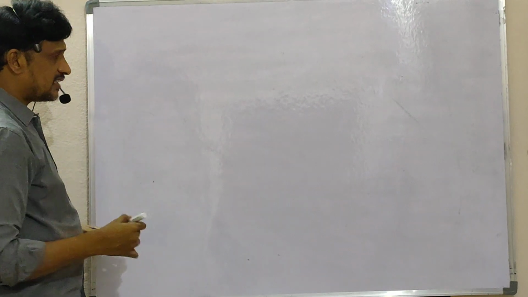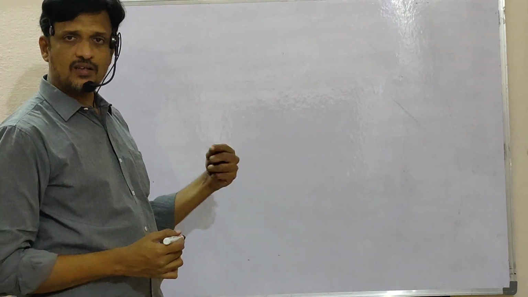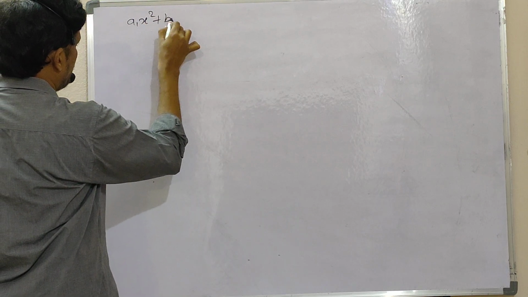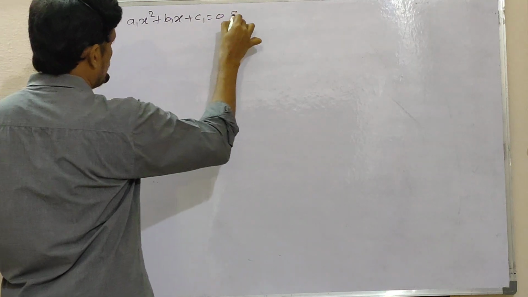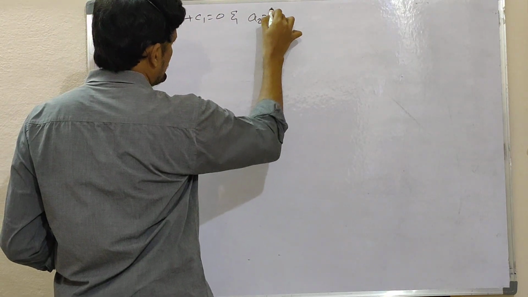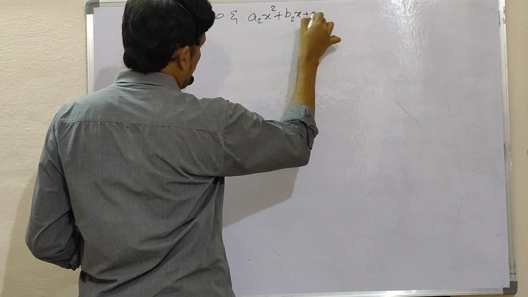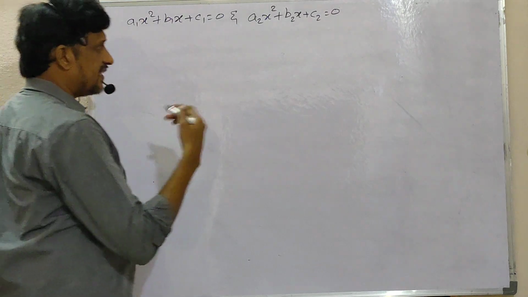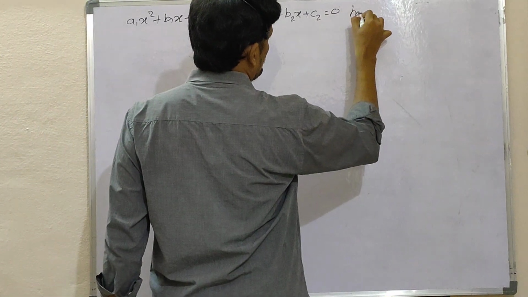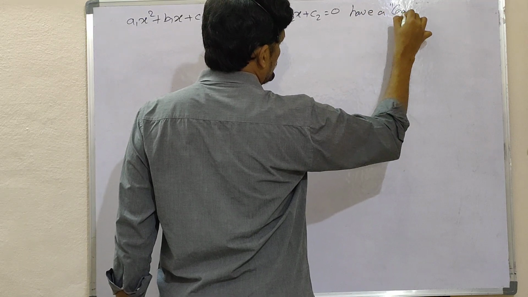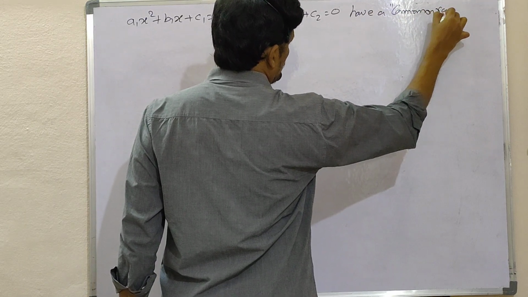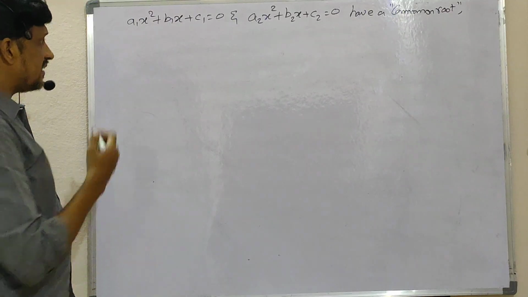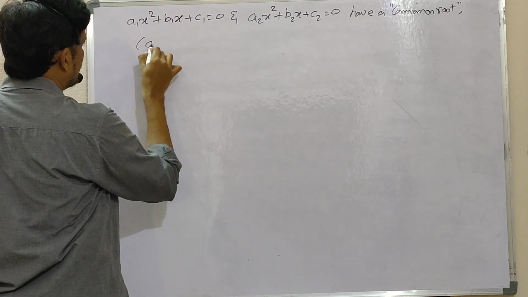Okay. Now, actually there is a theorem here. Here we are just writing the statement of the theorem. With the help of this, we can solve the applications. Two quadratic equations: suppose a1x square plus b1x plus c1 equal to 0, and the second one is a2x square plus b2x plus c2 is equal to 0. These are the given two quadratic equations and they have a common root. Then the coefficients satisfy this condition.